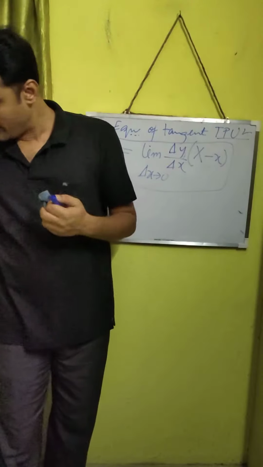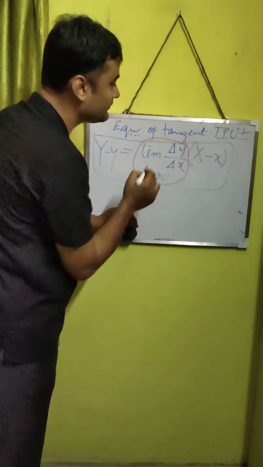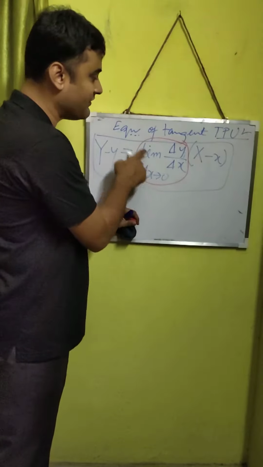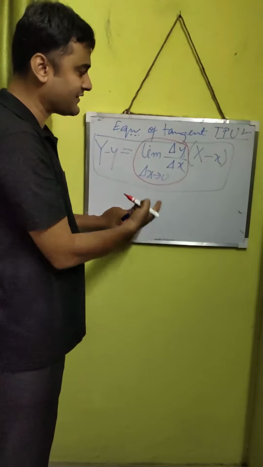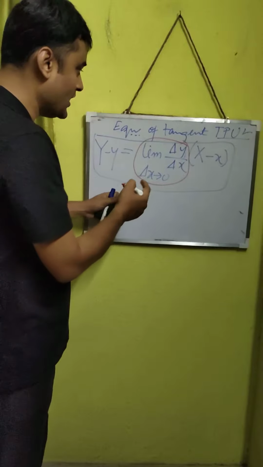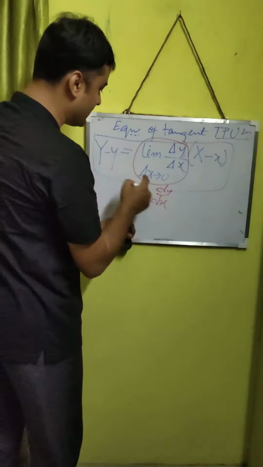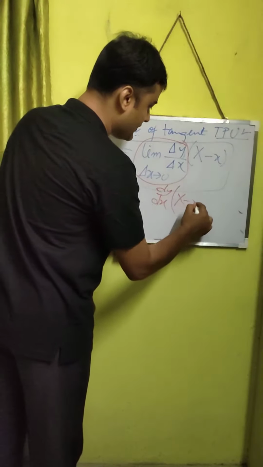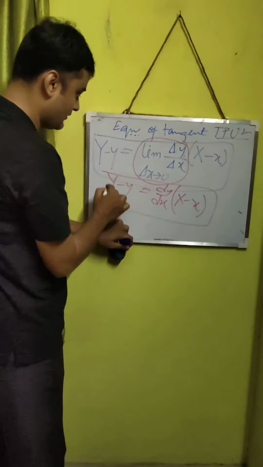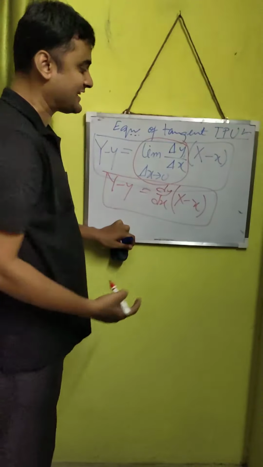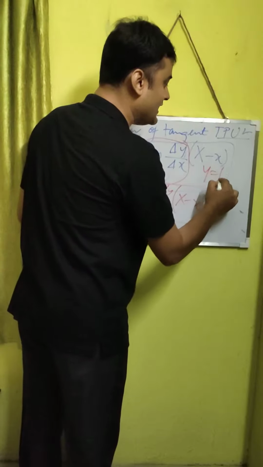Now you all remember that this is the definition of derivative, isn't it? This is the definition of derivative. Delta x tends to 0, delta y by delta x in the limiting position gives you the derivative. So this becomes dy/dx. So the equation of this tangent becomes Y minus y equal to dy/dx into X minus x. Now dy/dx of what? Dy/dx of the curve y equal to f(x).